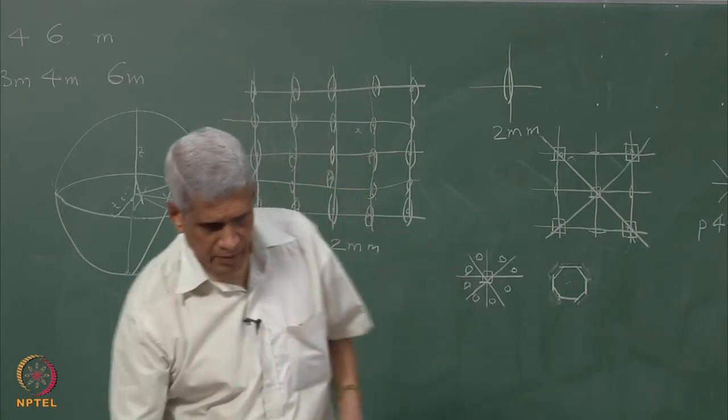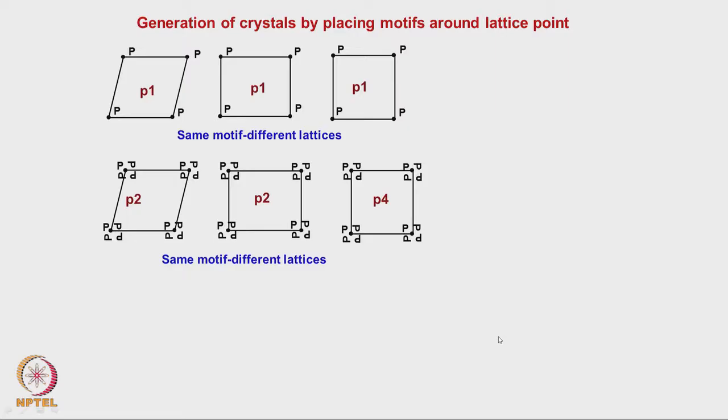Is it clear? Here, similarly, I have taken a motif which has a 4-fold symmetry, right. If you look at this motif, it has a 4-fold symmetry around this axis, if I take rotational symmetry. This lattice is essentially an oblique lattice which has only a 2-fold symmetry.